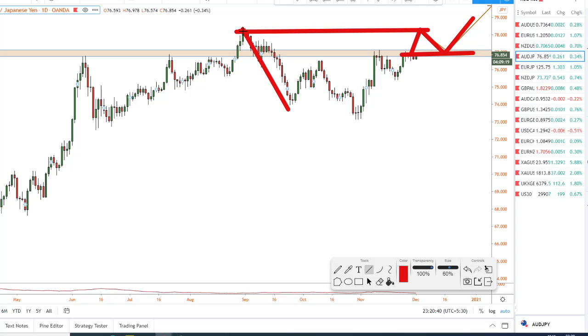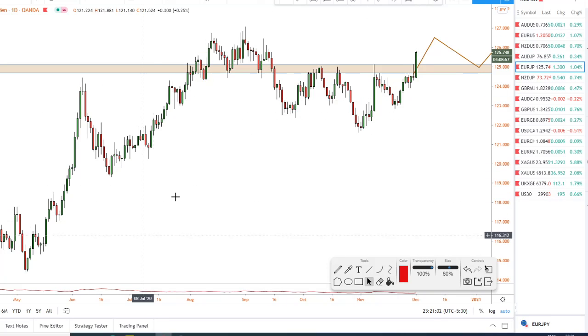Remember, even though I'm expecting a pullback from this level, I'm not going to sell this, because we are only trading with the trend, and the trend is up, and we want to look for only buying opportunities. So you have to resist the urge of trading counter trades. Okay, so now moving on to the next one,